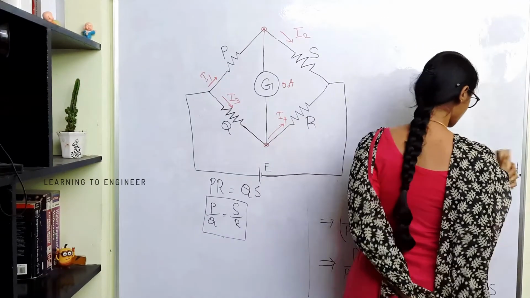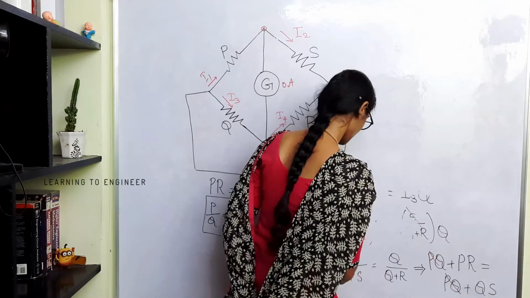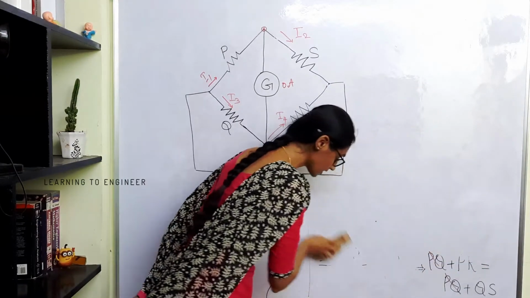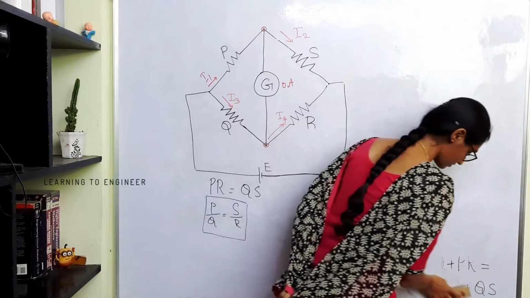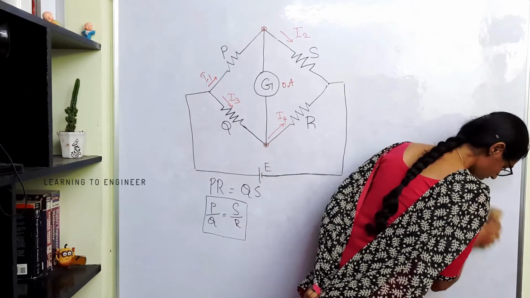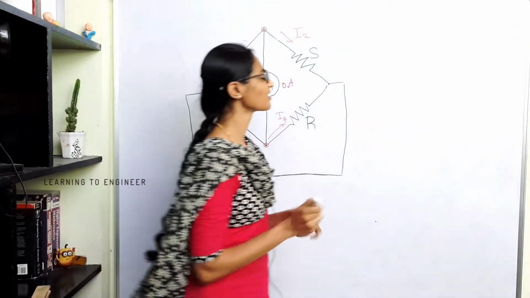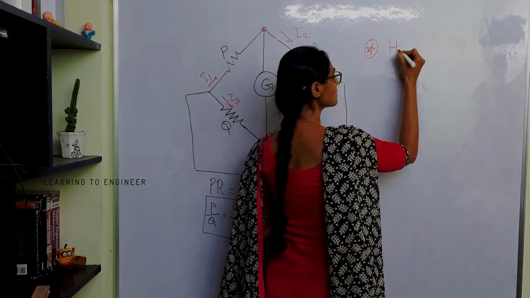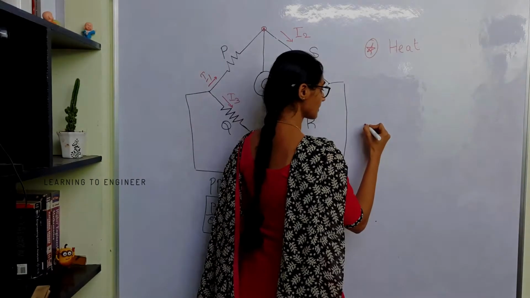You all know that current has different effects. Current has heating effects, current has magnetic effects. You all know that because of these interferences from other undesirable sources, we will have some limitations in measurement of resistance. Let me explain to you. First thing is due to heat. Let us see from where this heat originates.